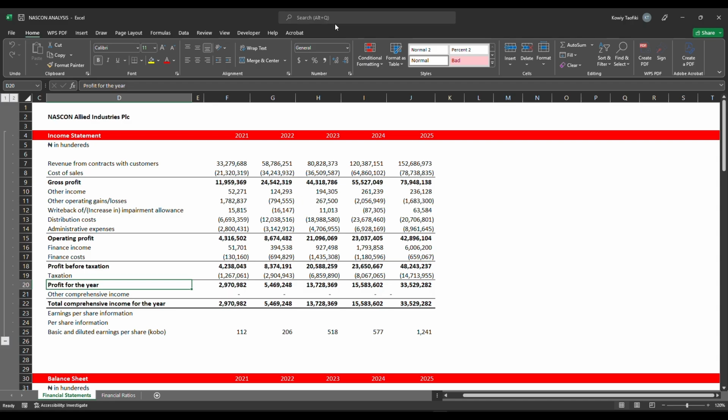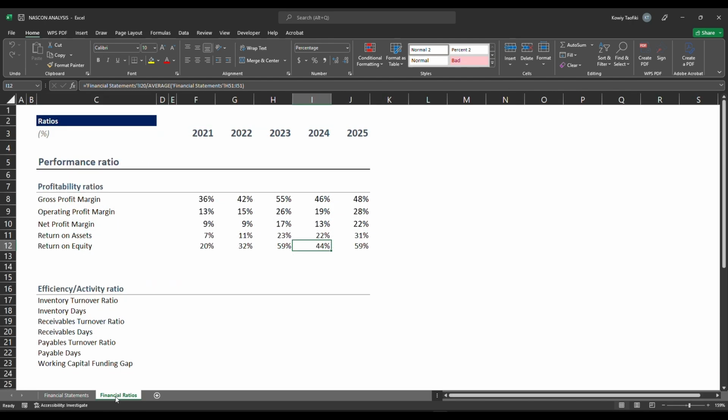Hello and welcome back. Today we'll continue our series on financial analysis using the company NASCON Allied Industries Plc. We've checked the income statement, the balance sheet, and the statement of cash flow. We also dealt with one of the ratios last week, the performance ratio, which is the profitability ratio. We looked at the calculation as well as the interpretation or analysis of this ratio, what they actually mean,